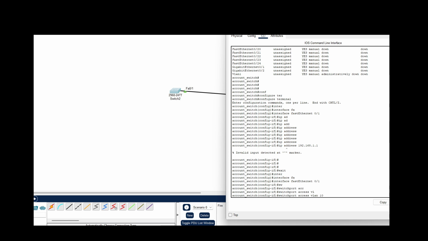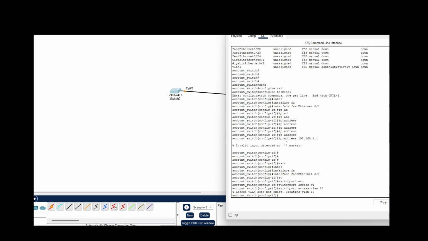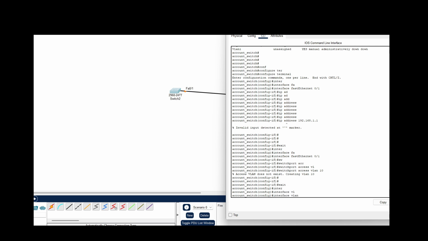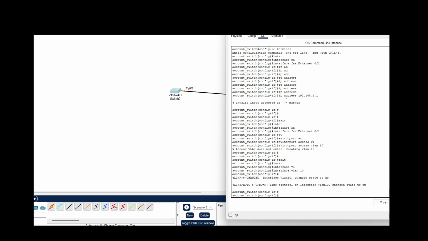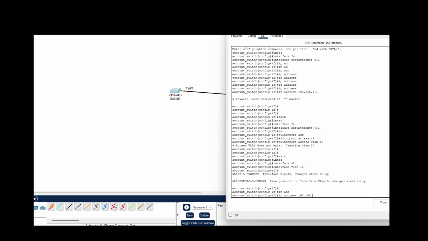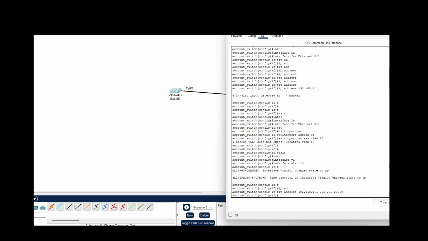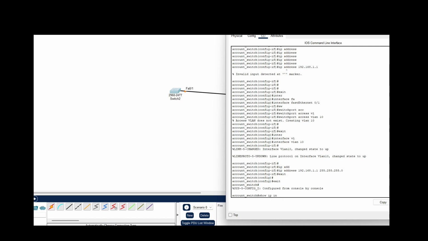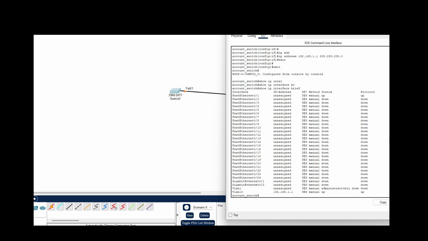Let's say I'm going to create a VLAN 10. There's no VLAN 10 ready, but it's going to be created right away. Then exit. I'm going to interface VLAN 10. This is where I'm going to put my IP address. So IP address 192.168.1.1, subnet mask 255.255.255.0. Exit. And if you have to check it, show IP interface brief, you're going to see that your VLAN